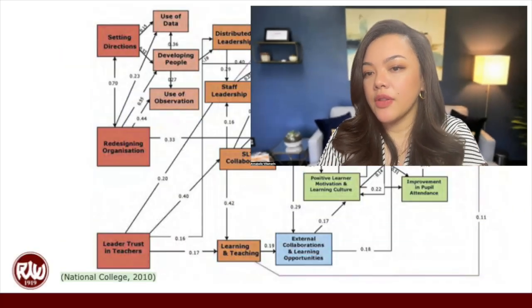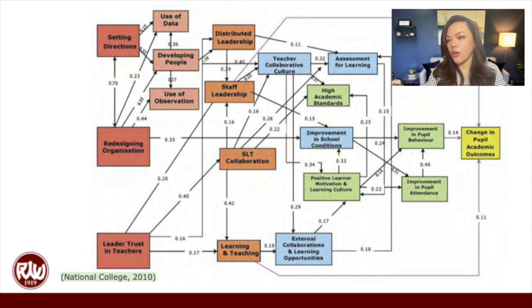What I like again about this visual is it allows me to look at all of the important elements that I need to look into. Do I trust my teachers? Do I have a certain level of expectation with regards to academic standards? And do I use adequate data to decide on decision making?